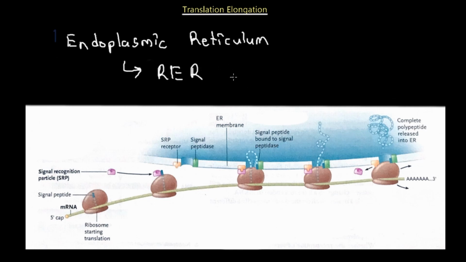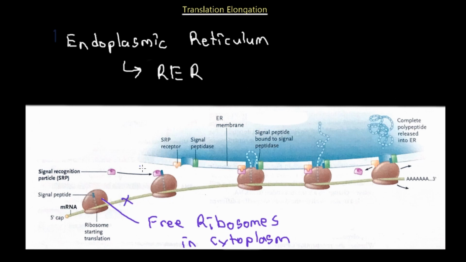ribosomes. Ribosomes do not simply sit on endoplasmic reticulum and wait for the mRNA to come along and start its translation. No. The ribosomes are going to be free ribosomes in the cytosol, so in the cytoplasm. So once the mRNA is released from the nucleus into the cytoplasm, these free ribosomes are going to attach to it, and they're going to start doing its translation and releasing its